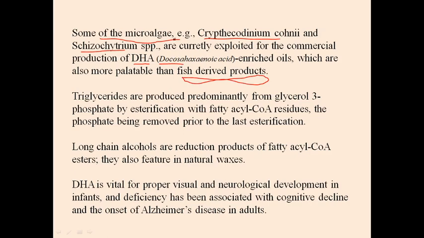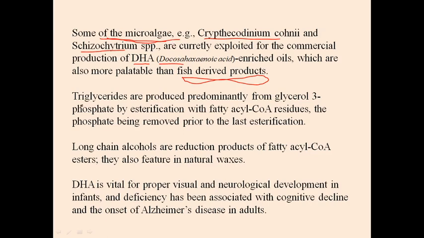And if we are able to derive this DHA directly from microalgae, then I have to tell you one important thing: fish get omega-3 fatty acid from algae. The smaller fish eat algae, then the smaller fish are eaten by bigger fish, and the omega-3 present in the fish is derived from algae particularly. So we can directly obtain omega-3 fatty acid from microalgae. This microalgae utilizes the acetate pathway for that synthesis.